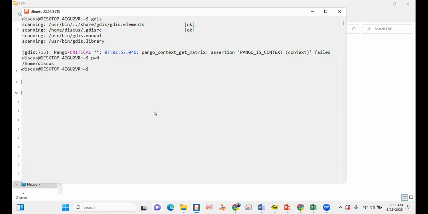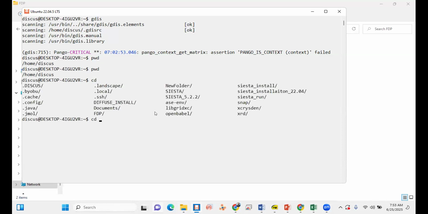Currently I'm working online from my Windows system, so I will use WSL, Windows Subsystem for Linux, to visualize everything. I hope everything will be good. So let's see, PWD is the print working directory, the present working directory. Then cd, I made one folder with the file name, and then ls. So we have this CIF file.